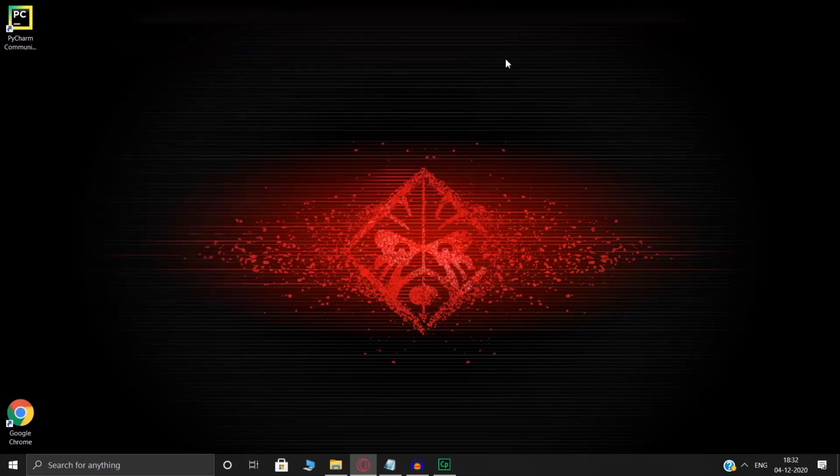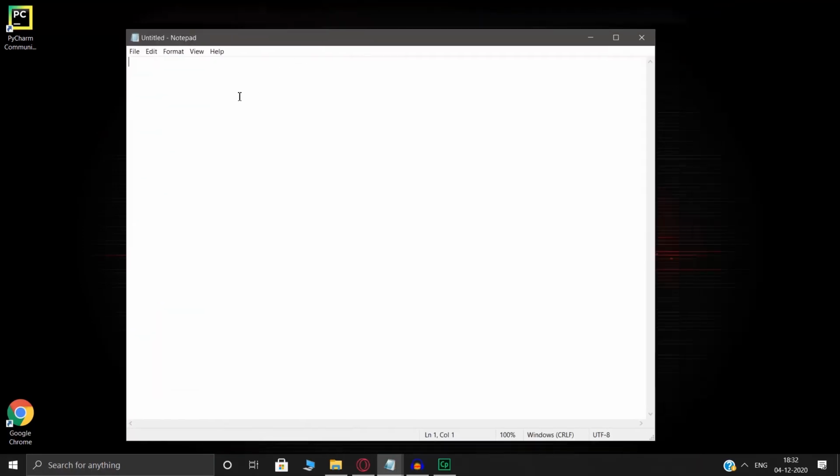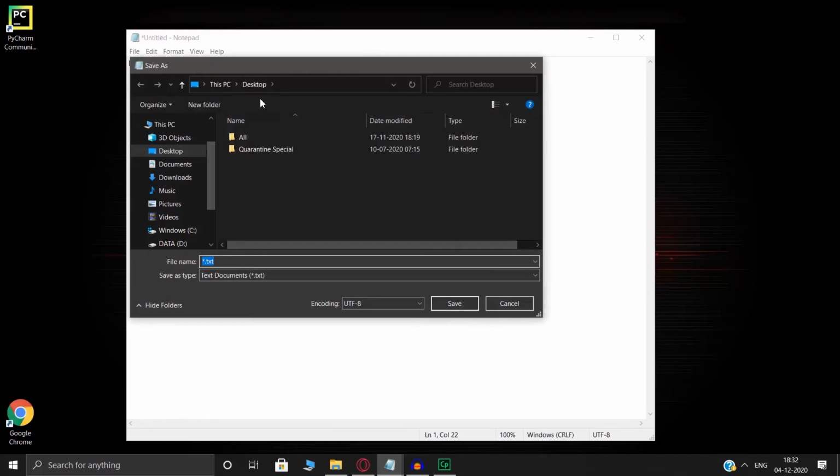The second one was to use Notepad, wherein you type your code over here, hello world, and when you save it, use save as, and direct it to whichever folder you want, like desktop in our case.